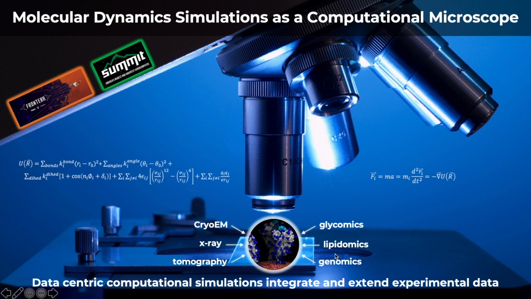And we approximate that system down to its many atoms. We then define a potential function which describes the interactions of the particles or the atoms in our system. And then all we're doing is integrating Newton's equation of motion over time. And we perform this integration on the fastest and best supercomputers that we have available, such as the Frontera machine and Summit. We perform this integration on those machines millions and billions and trillions of time steps, and we're able to build up, at the end of the day, a dynamical understanding of our system.